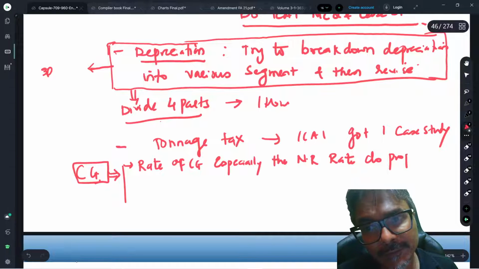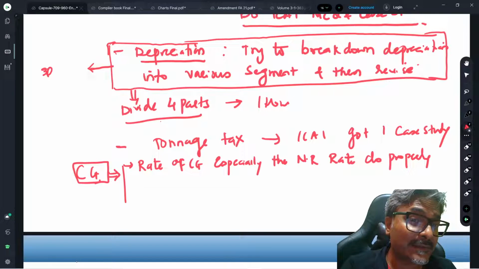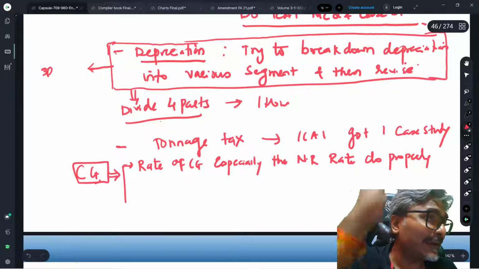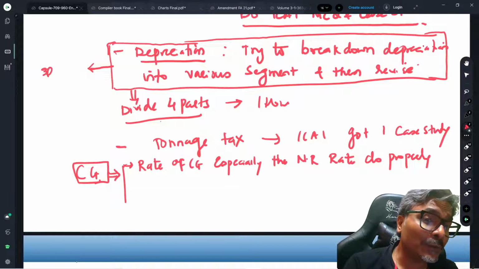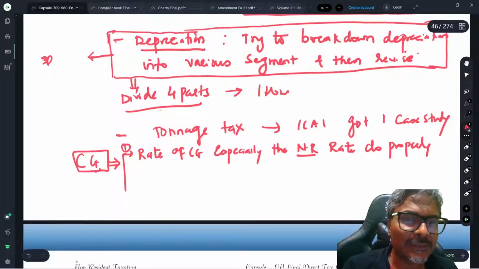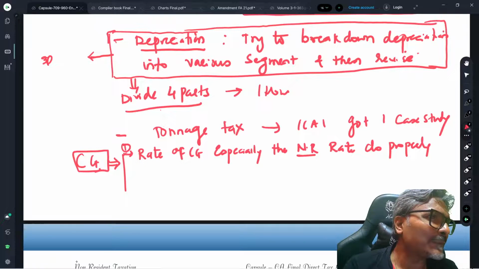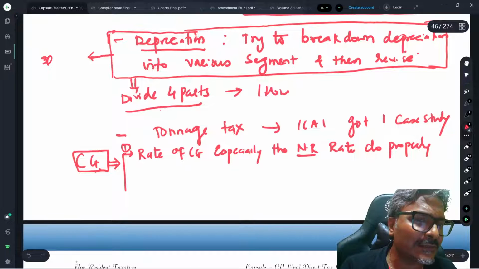Do properly, especially the NR rates of CG, like NRI, then 115AB, 115AD. You have to do it very properly. The rate of CG, I'm just telling you which are the sections: Chapter 12A for NRI, thereafter 115AB, 115AD. Those sections, you have to be extremely careful about the rate of CG in that particular